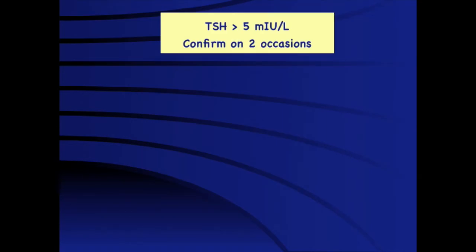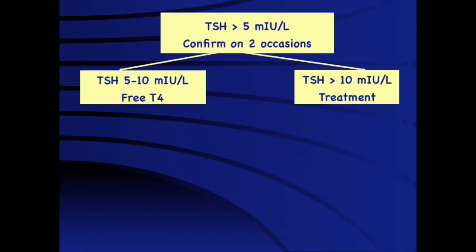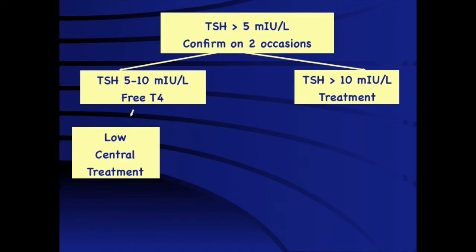So if you have a TSH which is more than 5, which is confirmed on 2 occasions, we should look at it. If the level goes beyond 10, there is no confusion, treatment should be started. But if the TSH is 5 to 10, we should look at FT4. If FT4 is low, this looks like a central hypothyroidism for which treatment has to be instituted after correcting cortisol